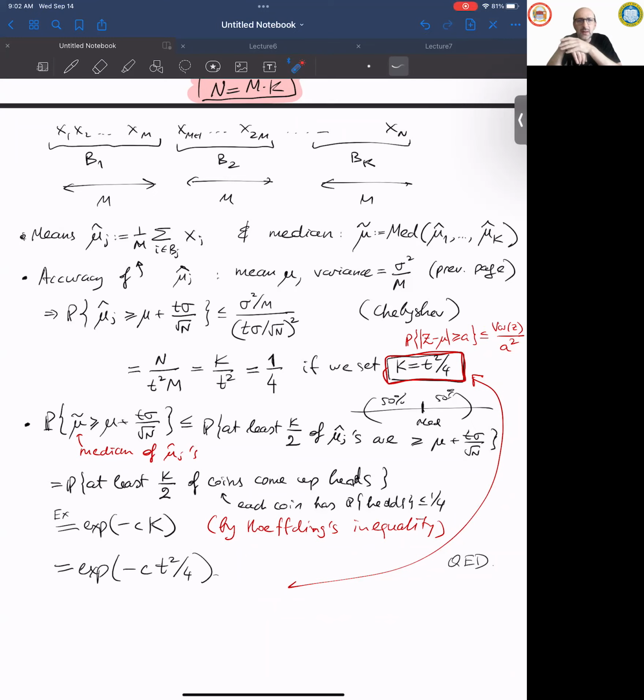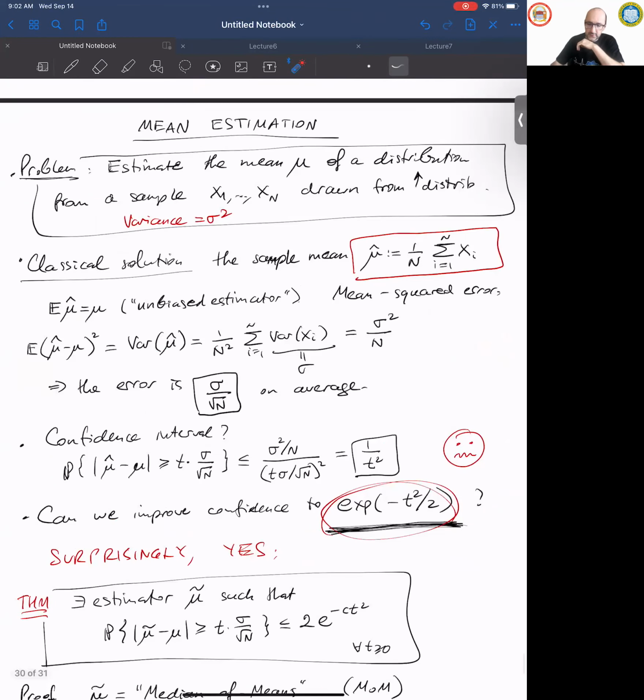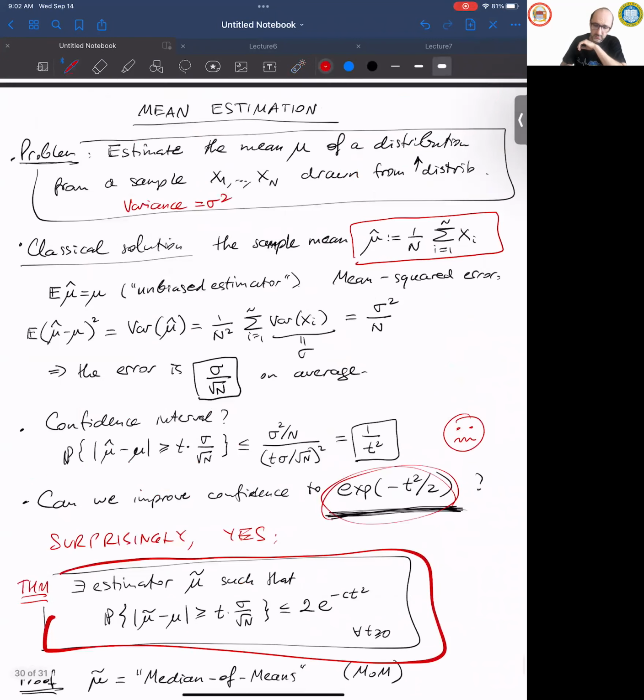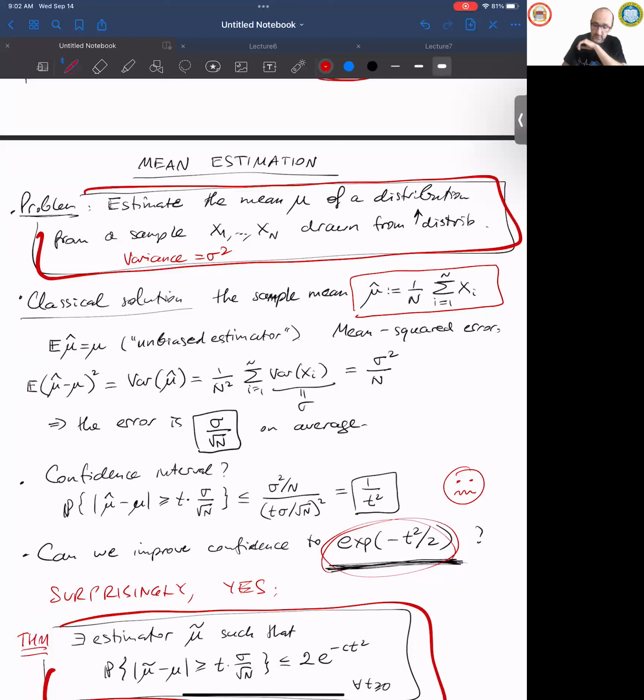I'm thinking, why is it a very surprising result? This result is surprising because the random variables themselves, the distribution itself, could be heavy-tailed. It could have tails that don't decay like this. It could have tails that decay in some other way. We don't only require variance. We don't require any boundedness or something like that. So the random variables themselves are very spread.